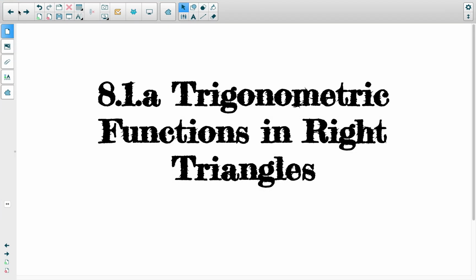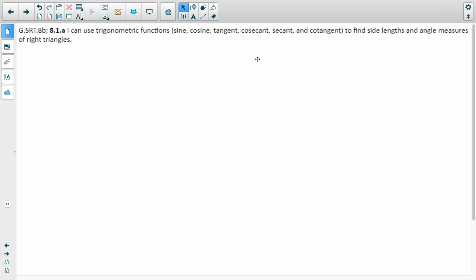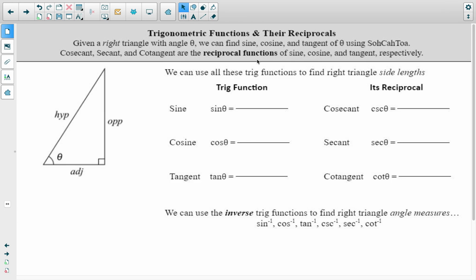This is 8-1A, all about right triangle trig. Hopefully you've seen this before in geometry. Just a bit of new information. So hopefully you remember that given a right triangle with some angle, call that angle theta,